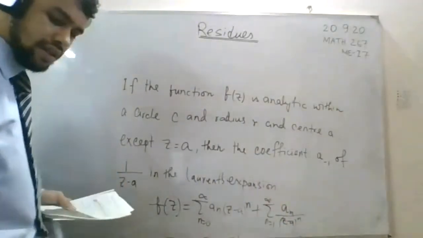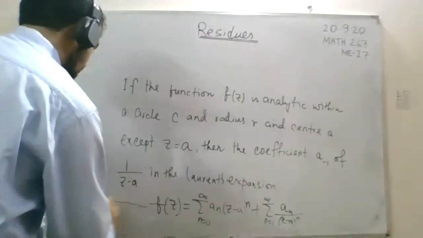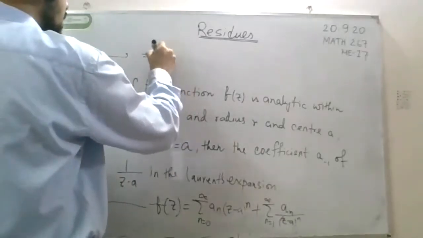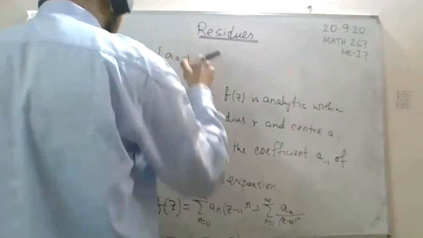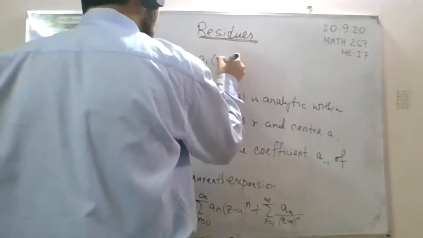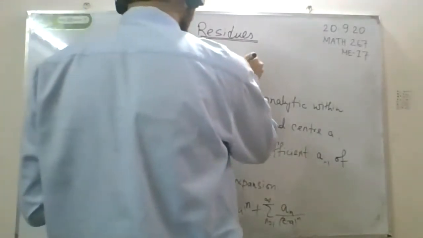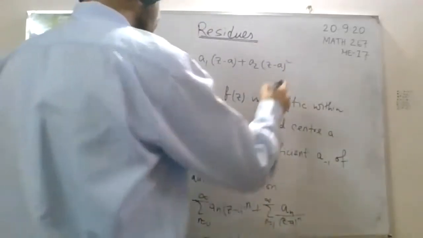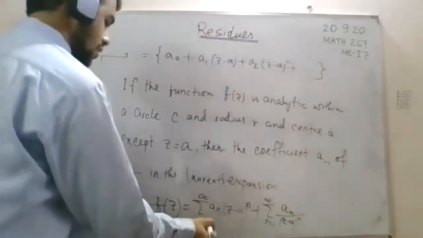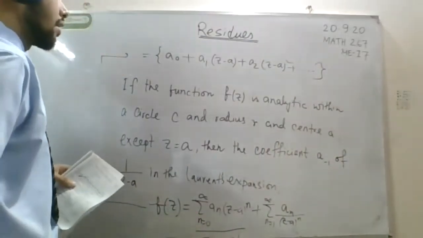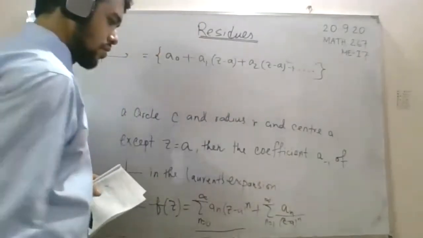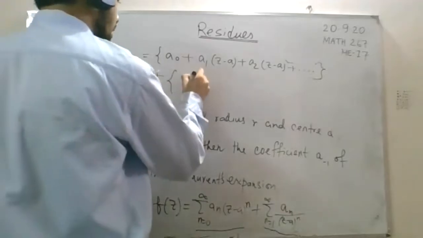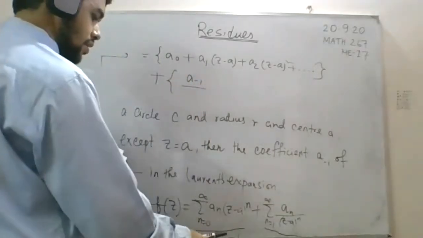From here you can also write it this way: a_0 plus a_1 (z minus a) plus a_2 (z minus a) whole squared, and for this term, plus a_minus 1